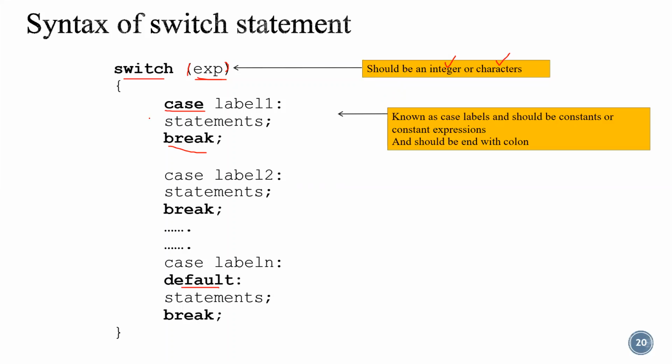Single quotes if you mention the character, double quotes for strings. So for single quote, if you are putting the character, then it will be accepted by the compiler as a character constant. Okay, now after each case, we will be giving the case label. Case label should be either a character constant or an integer. When I am asking then and there, that answer should come. Don't wait for others to message. So the case labels also should be an integer or a character constant.